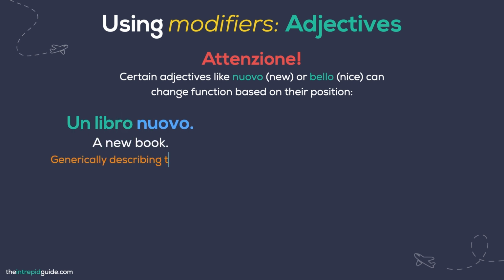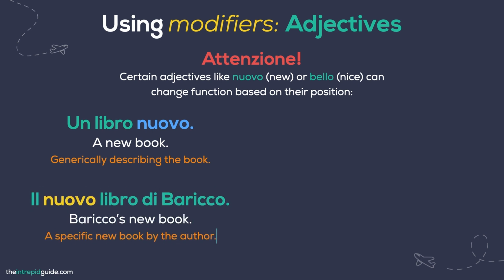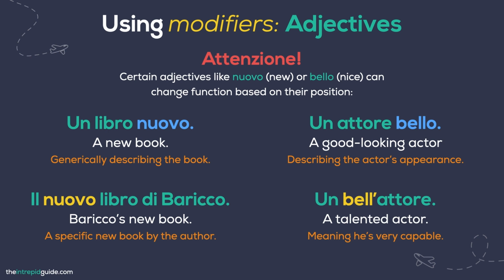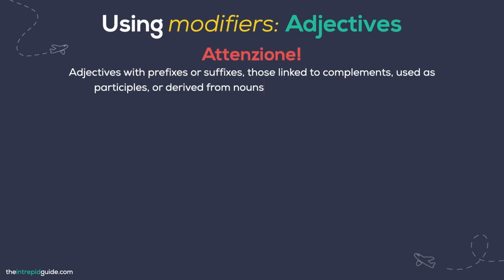Un libro nuovo, A new book, generically describing the book. Il nuovo libro di Baricco, Baricco's new book, meaning a specific new book by the author. Un attore bello, A good-looking actor, describing the actor's appearance. Un bell'attore, A talented actor, meaning he's very capable. Also notice that before a word beginning with a vowel, bello loses the O in the masculine form and takes an apostrophe. Finally, adjectives with prefixes or suffixes, those linked to complements, used as participles, or derived from nouns, always